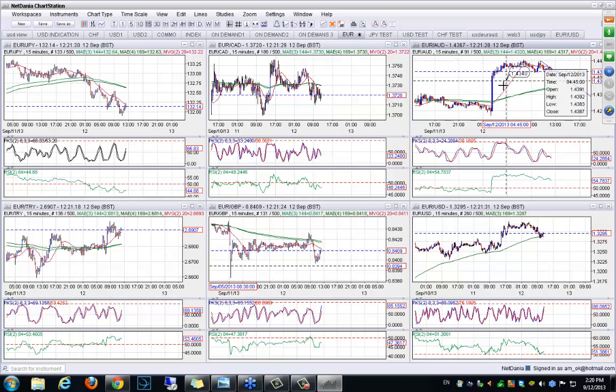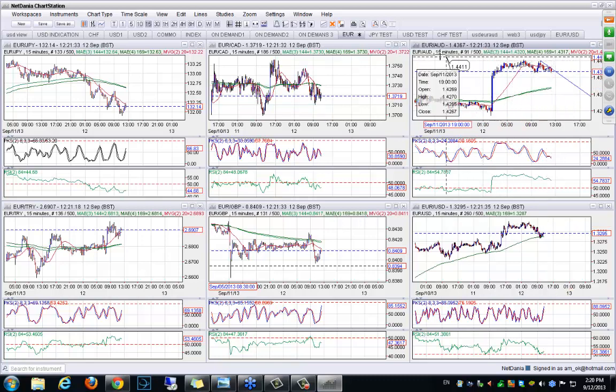So the expression will be a strong movement higher on the euro versus the Australian dollar, because if the euro is stronger than the dollar and the dollar is stronger than the Australian dollar, then the euro is significantly stronger than the Australian dollar, and a movement beyond that line will definitely give us a high potential for a profitable trade.